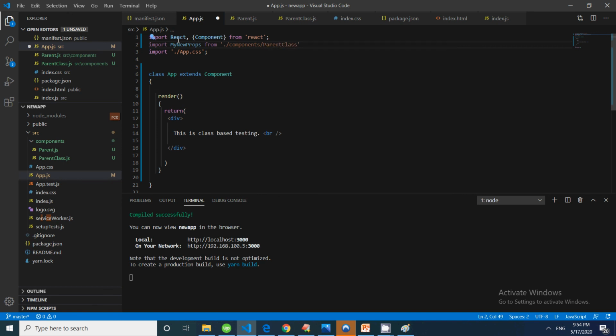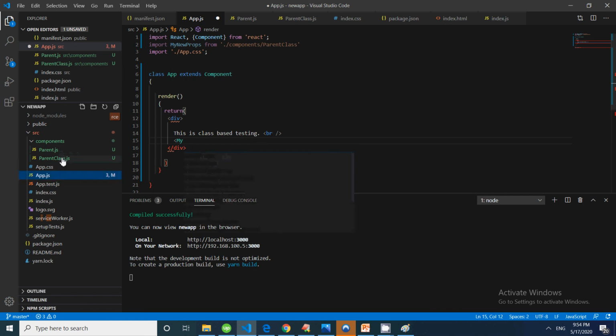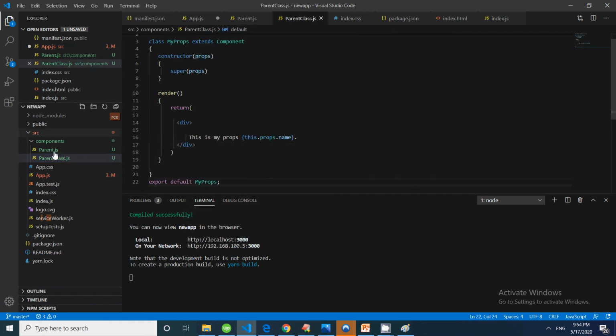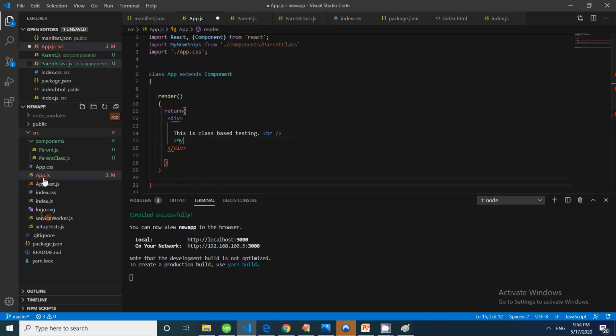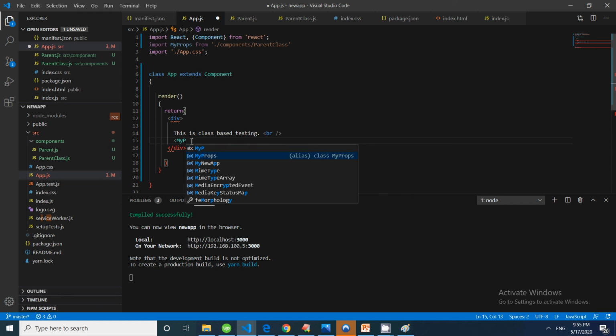And now since we have imported, we can easily add the component. So component is my new, you can see this is my props. So I'll be writing my props, and here also my props, and name equal to